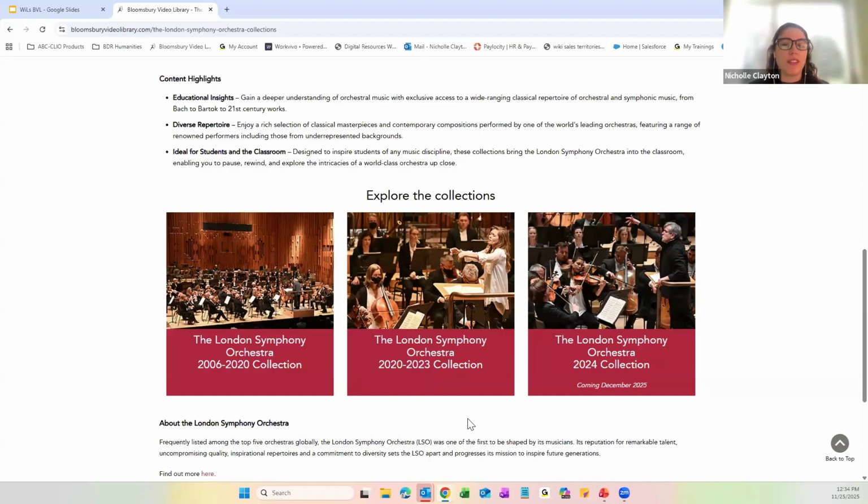You'll also find Mahler's Fifth Symphony here and Haydn's The Creation. The newest London Symphony Orchestra collection is going to launch just next month. It's the 2024 collection, and that's going to feature 16 performances. And I really like to emphasize with these collections, it's so important